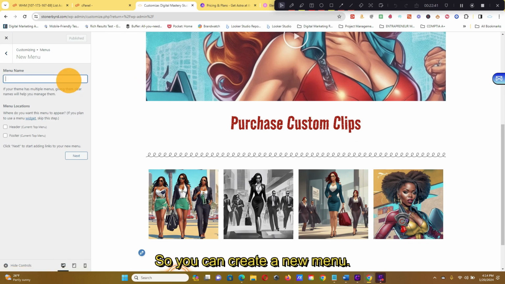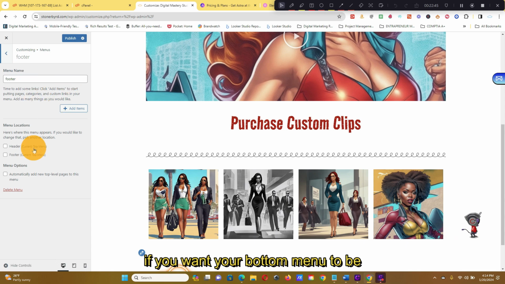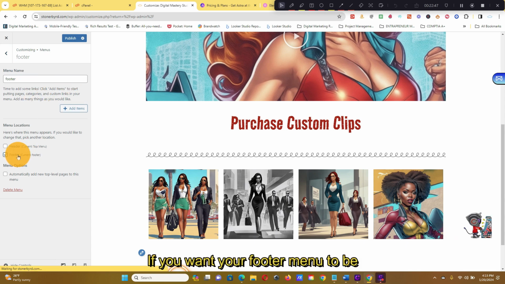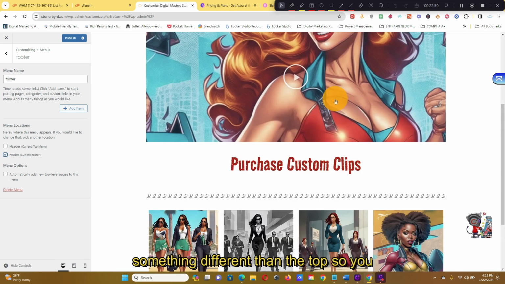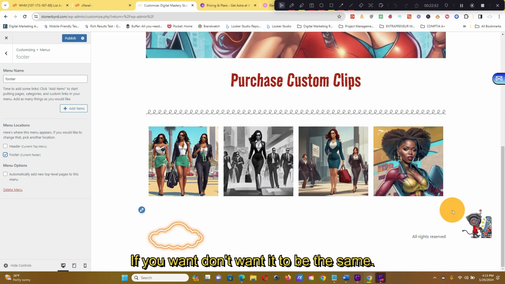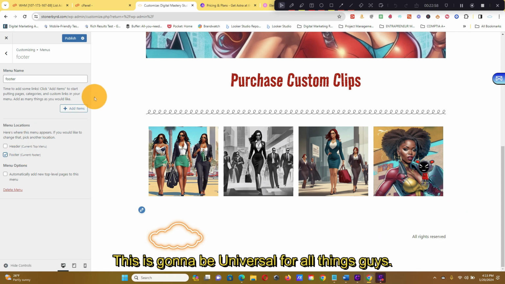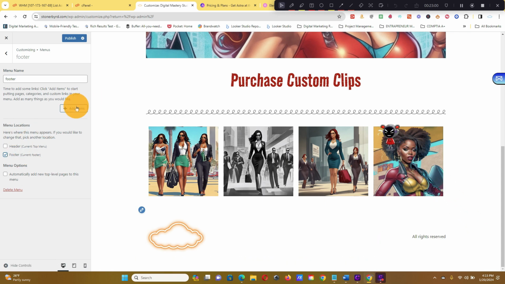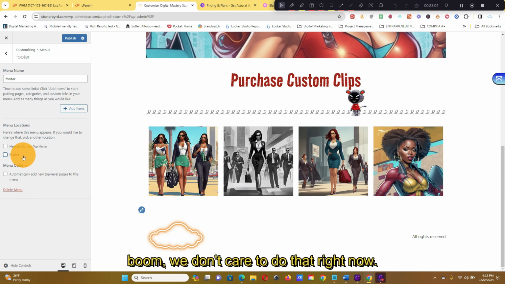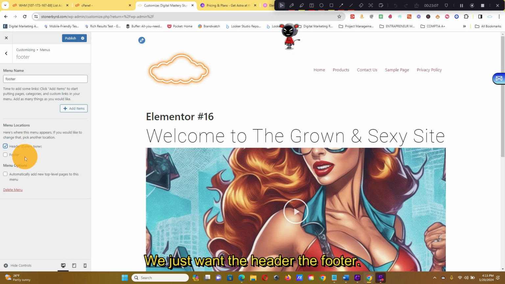So you can create a new menu if you want your footer menu to be something different than the top. So that's your top menu. If you don't want it to be the same, you can make it different by changing it here. This is going to be universal for all themes, guys. So boom, we don't care to do that right now. We just want the header. The footer,